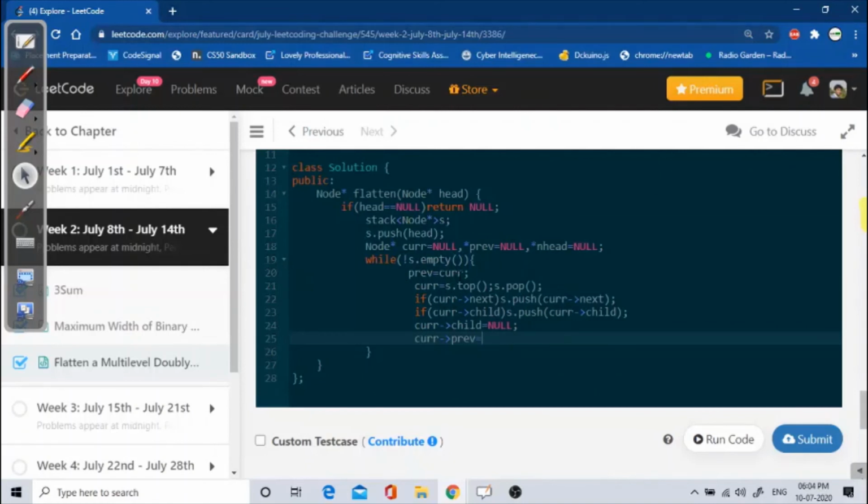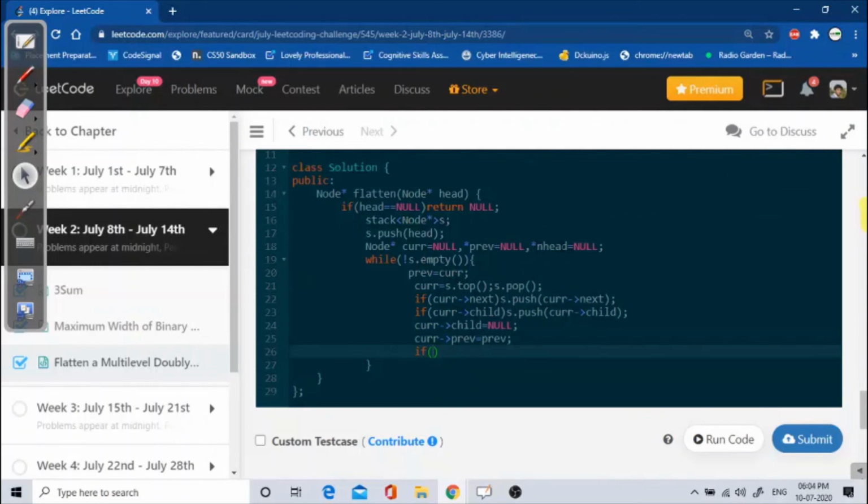That is why we are writing it here, because every time my current node will be changed. So I have to store the previous element here, and every time I have to move my previous element forward.